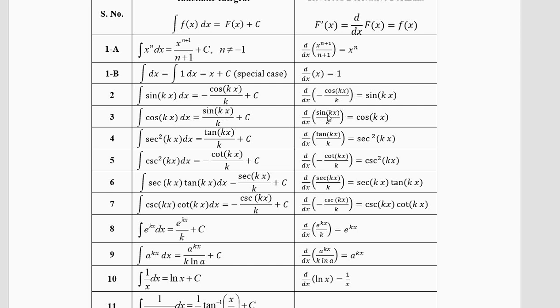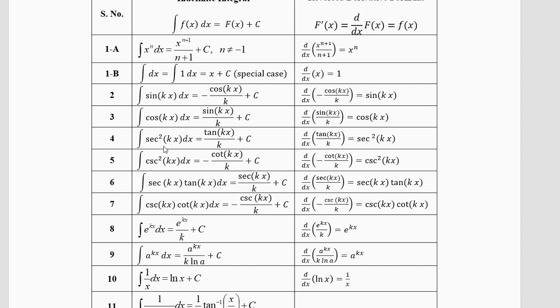Derivative of sine kx is plus cos kx into derivative of what is inside. What is inside is kx. So derivative of kx is k. So that k and this k will get cancelled and you'll be left with cos kx. That's what will happen in all of them. You'll have to differentiate the argument. Derivative of kx is k into 1 equal to k. So this k will get cancelled in all of them when you differentiate. And you have to be careful about the plus and the minus signs.